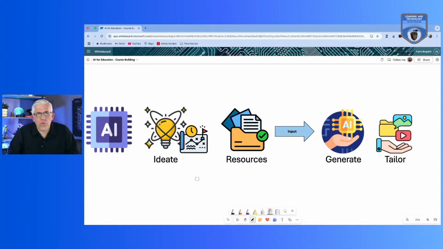In our case, we're going to create those resources by using AI. So we're going to create the food for AI by using AI to create the food. So kind of meta again. And then all of that input, our structure, the idea we have, the resources that we gather, we're going to use that to